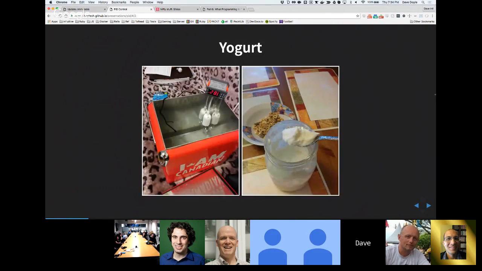So I first got thinking about this when I started making yogurt. This is my hack version of a yogurt incubator. Yogurt actually relies on bacterial strains called thermophiles. They're active between 40 and 43-ish degrees Celsius, and their peak is around 42-ish. So if you want to